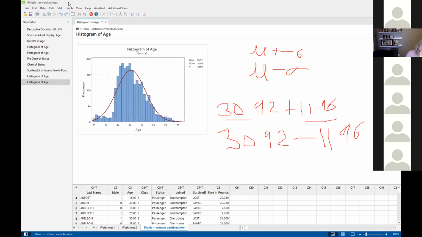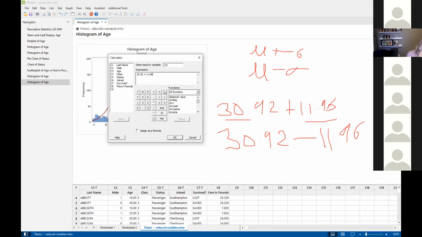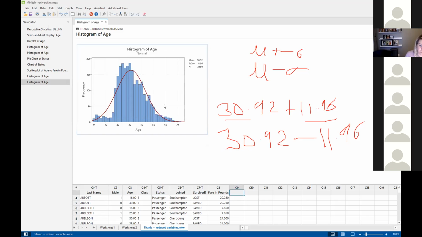Did I do something wrong? Calculator, store result in this, and I don't want to use any function. Anyway, I'm just going to do it manually, 30.92 and 11.96. Let me use